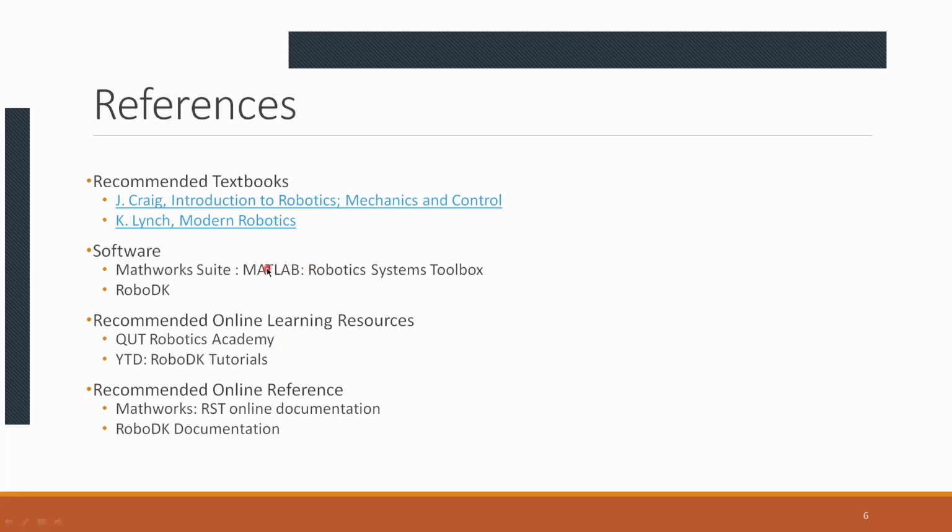Now, in addition to what I am teaching and what's being presented in these texts, there are a few online learning resources that you can refer to as well. I wasn't able to add the links to them, but for the general theory, there's, I think, a website called Queensland University of Technology Robotics Academy, maintained by a renowned professor in robotics called Peter Corke. I will provide the link to that later on. So if you have trouble keeping up with what I teach, you can refer to those videos on